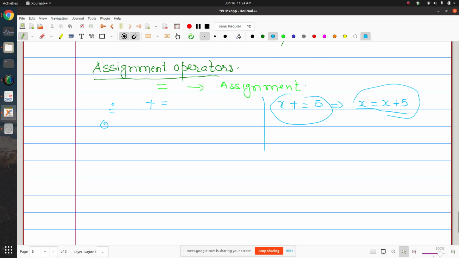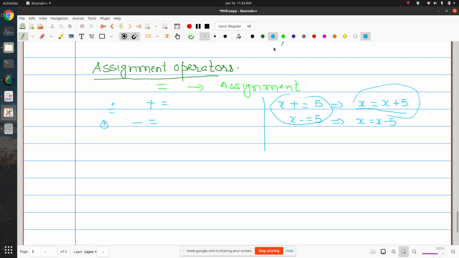Then you have minus equal to. So you will have x minus equal to 5 means x equal to x minus 5.